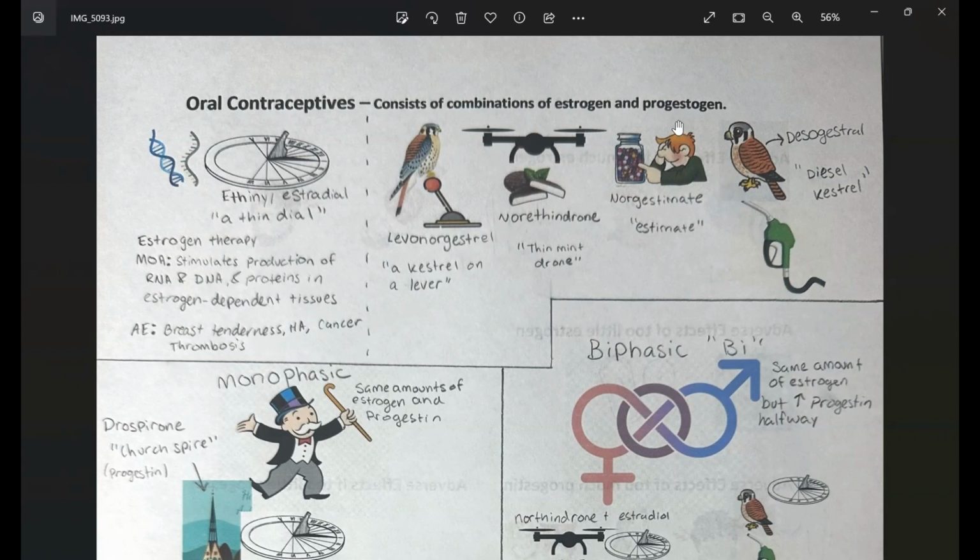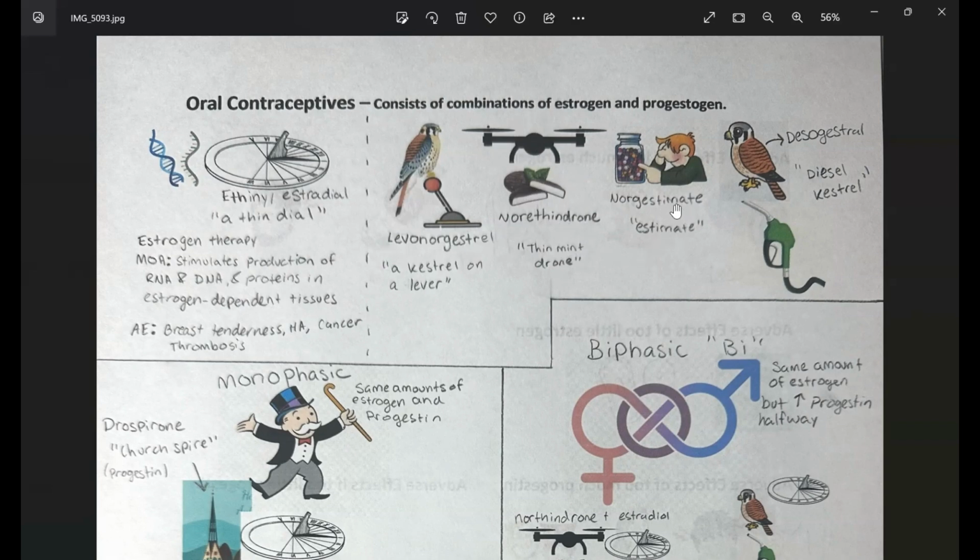Now, here are some different types of progestin. If you know me, you know I like birds. This type of bird here is called a kestrel. So is this. And kestrel sounds similar to the ending of gestrel. So we have a kestrel on a lever for levonorgestrel. That's a type of progestin. Then another type of progestin is norethindrone. So we have these little thin mint cookies and a drone. So a thin mint drone,